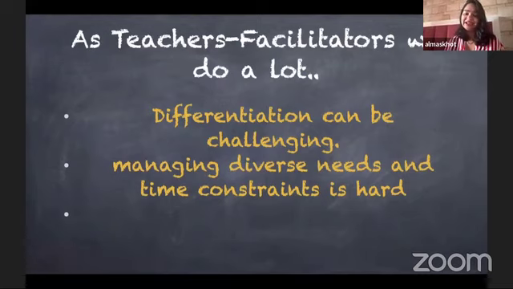I do understand, like I said, differentiation can be challenging, definitely. Especially given that as teachers, we have so much to do. There's assessments, there's exams, there's papers, there's class, there's lessons, there's extracurriculars. There's so much on our plate. Our plate is always so full. So I see you, I understand, I acknowledge that it is something very challenging. And yes, not every class can be differentiated, but it's hard managing the diverse needs given the time constraints,